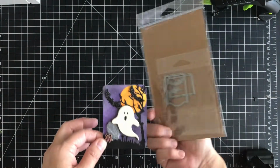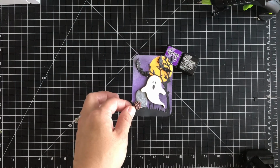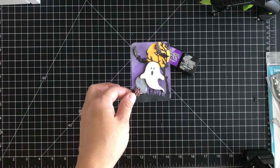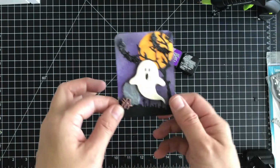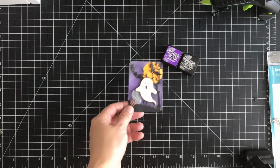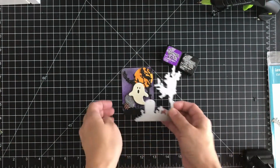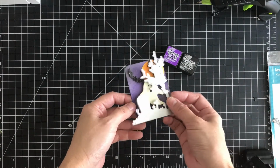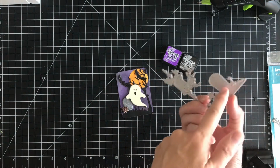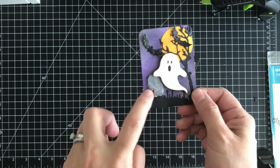Again, the My Creative Time, because there are two bats in there. So since I had that out, I just cut two of those out in some glitter paper. And then for this, you see, it's actually a set like this here. So I cut this out and I used it, and then I cut the excess off there, and then I cut the Tombstone part out again in gray, and then I layered that up twice,